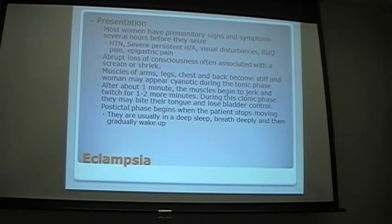The few that I have seen, the patient will have that severe headache. I haven't seen an eclamptic person without a severe headache. But I read somewhere that it's only about 80% that actually have a severe headache. And then this thing that I was reading said that they'll have an abrupt loss of consciousness, and then it's associated with a scream or a shriek. I haven't seen that, but